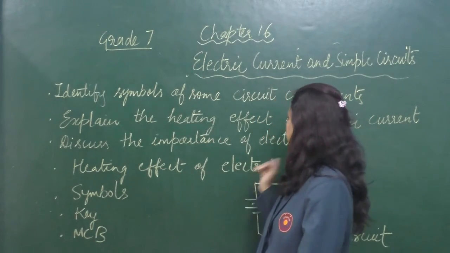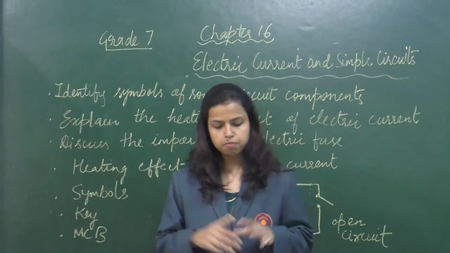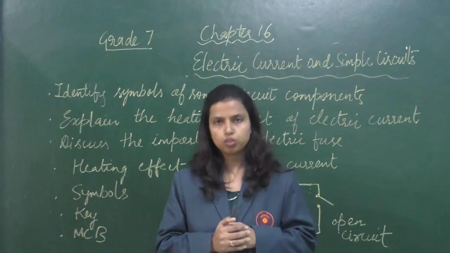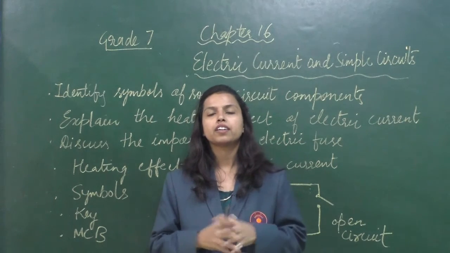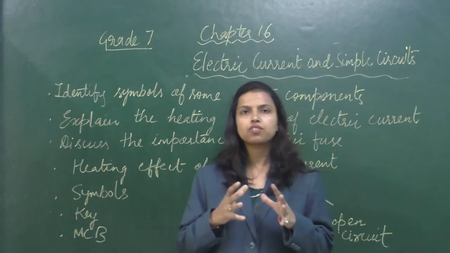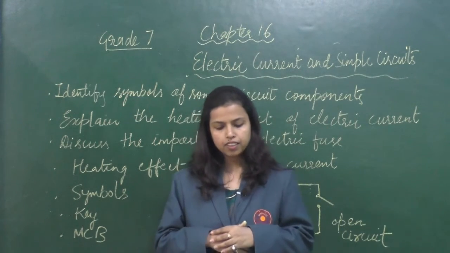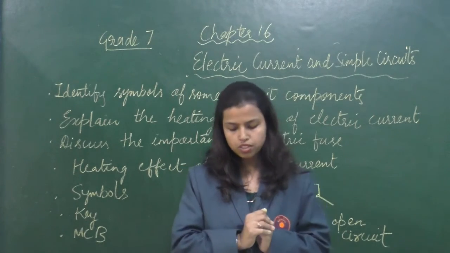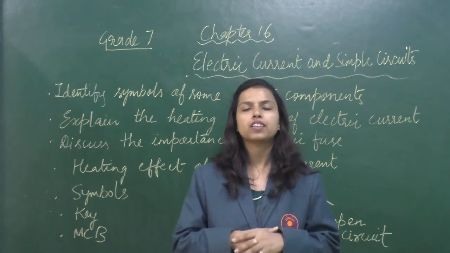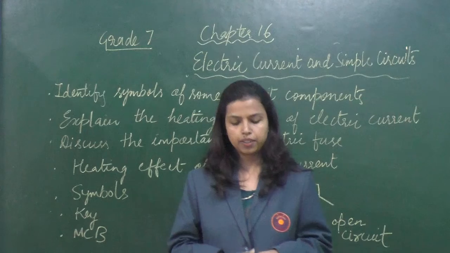Now heating effect of electric current. When an electric current is passed through a metallic wire, the coil becomes hot or glows. This is called the heating effect of current. In this condition, the wire radiates and throws light. The amount of heat produced in a wire depends on the material used to prepare that wire, and it also depends on the thickness of the wire.